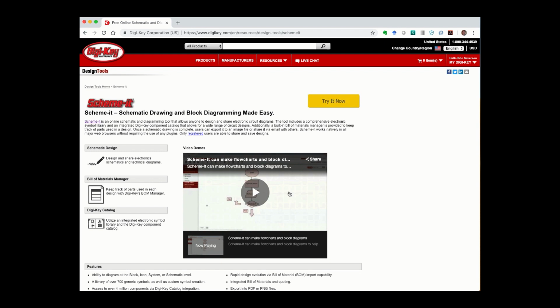You can download the schematic, you can populate the schematic with actual parts from the Digikey database, and then you can generate a bill of materials. So this is kind of a one-stop shop for a simple way to create a schematic and set of parts for an example design. So I'll click the schema link,